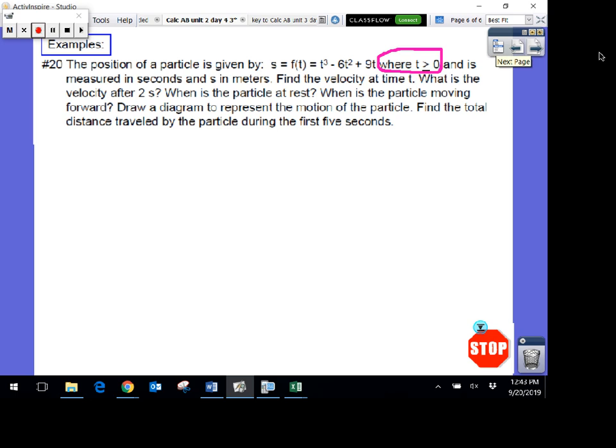This one I'm going to wait and do until Monday because it takes a really long time to do this, and instead of starting it and doing like part of it,